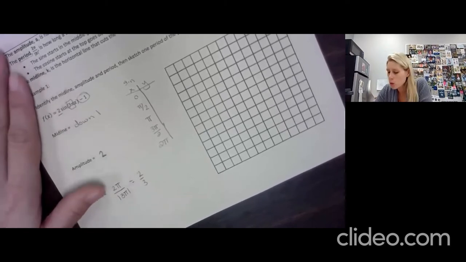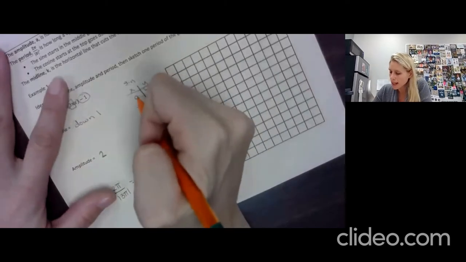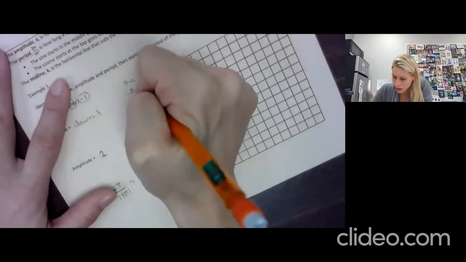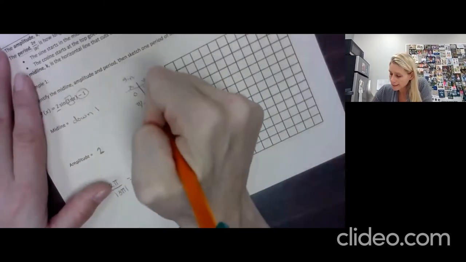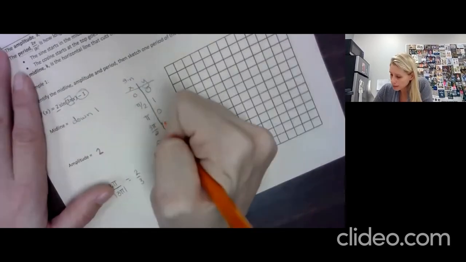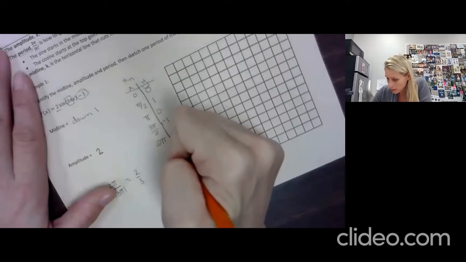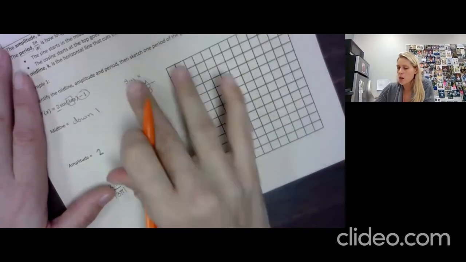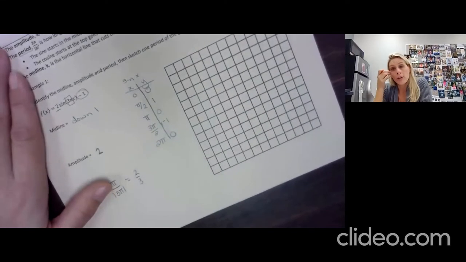And then we'll go over coordinates, right? So the parent function of sine starts at 0, 0. At pi over 2, sine is 1. At pi, sine is 0. At 3 pi over 2, sine is -1. And at 2 pi, we're back at 0. So when we do sine functions, we're always going to start with this table. Now remember, from transformations,